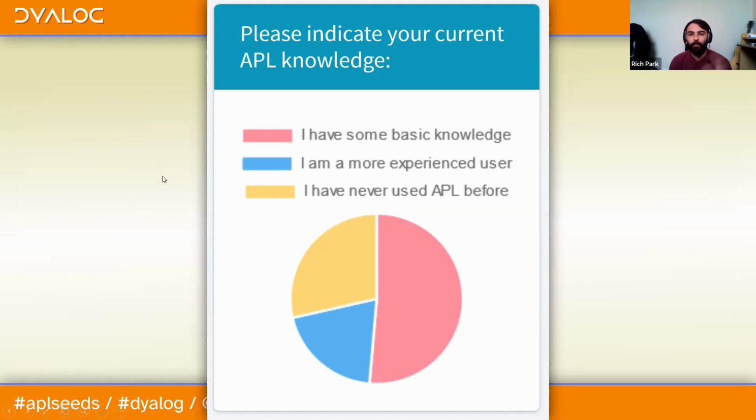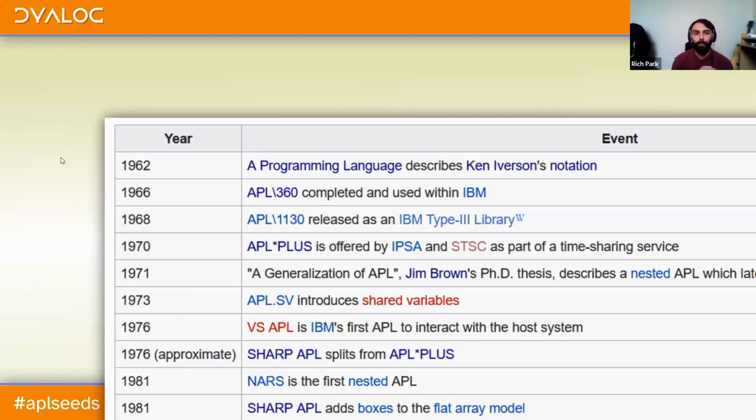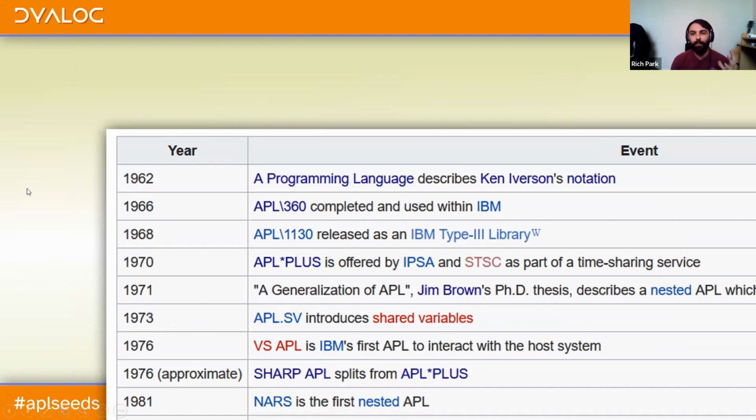But just very briefly, I don't know how many of you are aware of this. I imagine most of you are, that APL itself is a fairly old programming language as they go. It's existed for quite a long time. But it wasn't implemented on a computer originally, right? It was designed as a mathematical notation for expressing algorithms and teaching computational thinking in a time before what you'd call modern computer science.